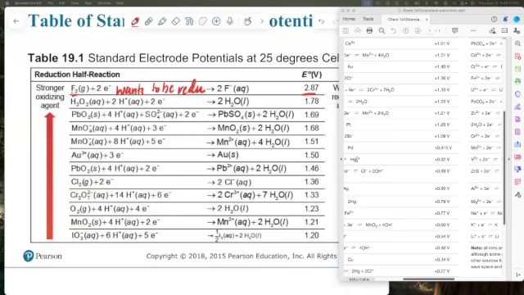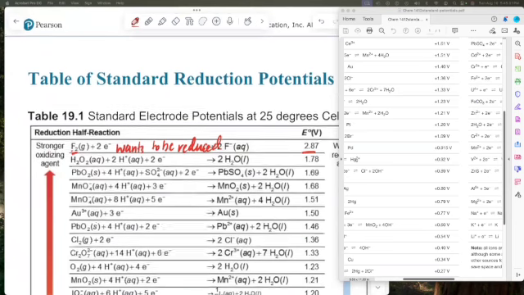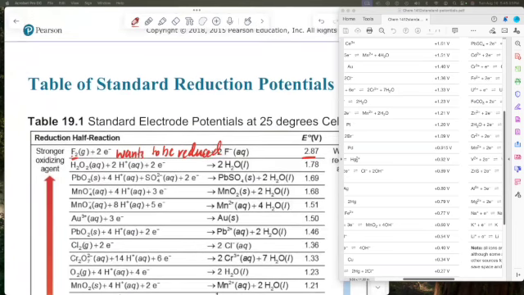Okay, so to pick up where I left off, fluorine really wants to be reduced, right? So the further up the half reaction is, the more it wants to be reduced. And then the further down, the more it wants to be oxidized. Now remember, I was trying to figure out what I was trying to share. Remember, the element that either wants to be reduced or is undergoing reaction tends to be, so in this case,